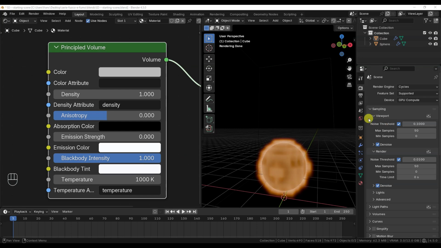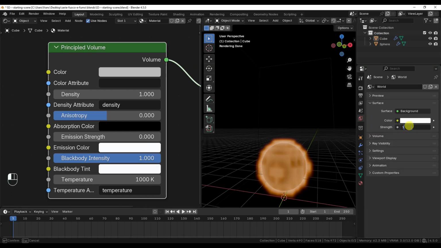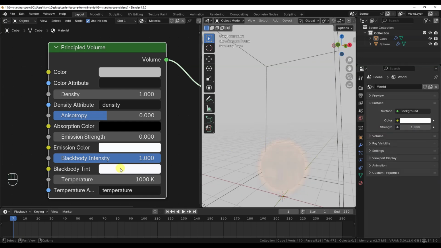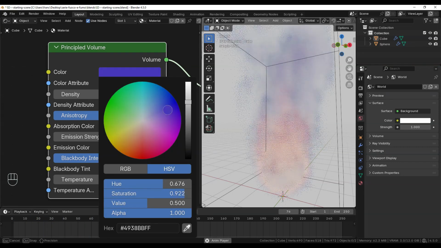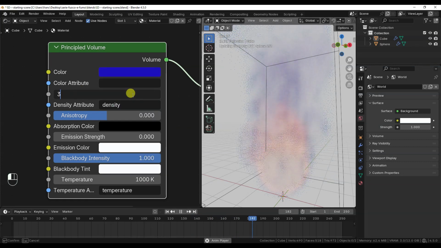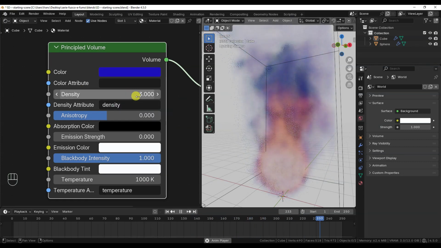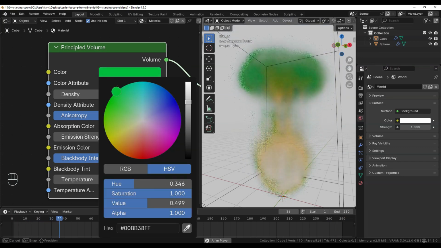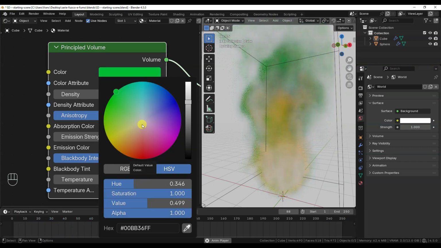At the top of the principled volume node, you'll notice a field called Color, with a default gray color. This is the smoke color, since principled volume allows us to define both the appearance of smoke and flames within a single node with distinct parameters. The density value also refers to the smoke. To show you the smoke, I set the world background strength back to 1.